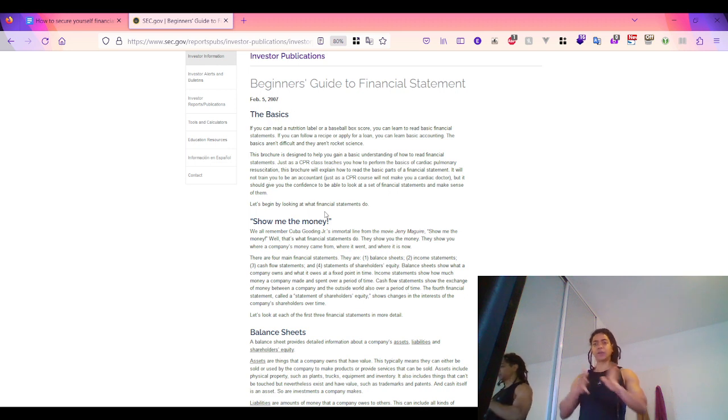Then I look at the most common liabilities. The most common operating liabilities are accounts payable, accrued expenses like salaries, rent, utilities, taxes, deferred revenue such as subscription services or gift cards,